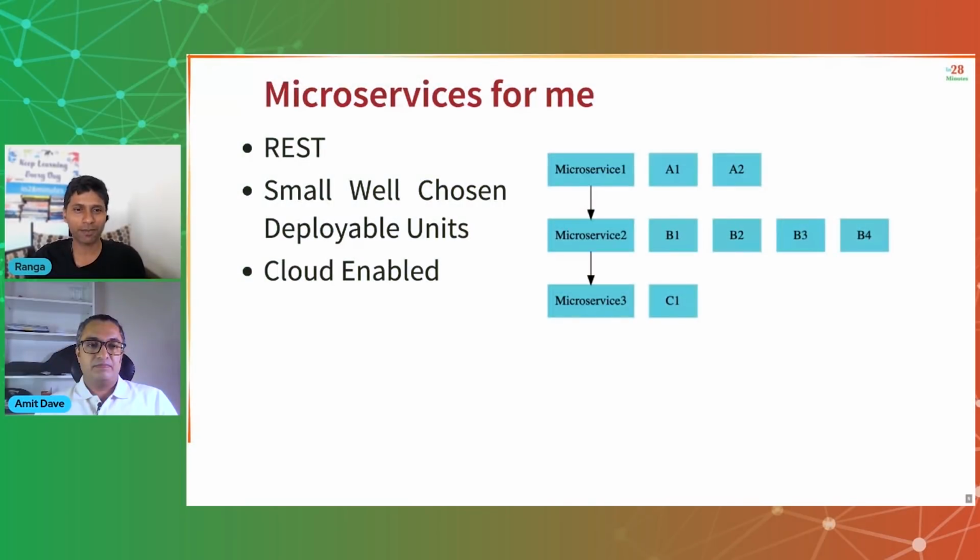So when we talk about microservices architecture, I would think the most important parts for me are the fact that we are making use of REST, and when we are breaking things out, we need to choose how we break them down, right? It should not be a random breaking down just to make things small. So you would want to have well chosen, independently deployable units. Basically, if I have a set of microservices, each of these microservices should be independently deployable. I would want to be able to deploy microservice one without affecting all the other ones.